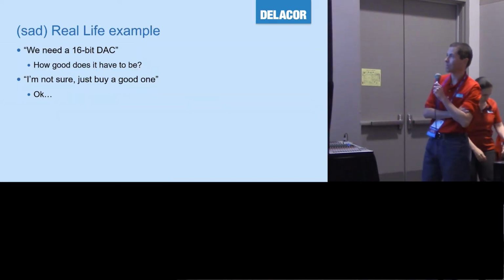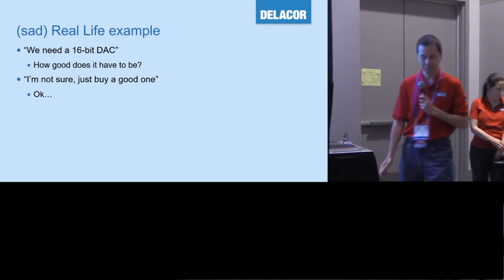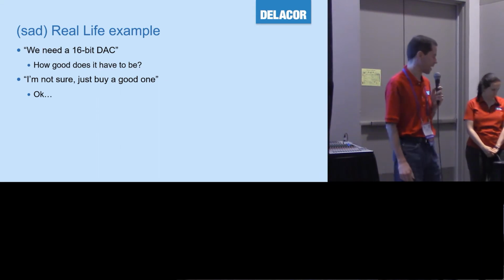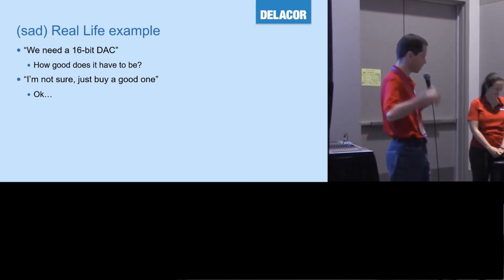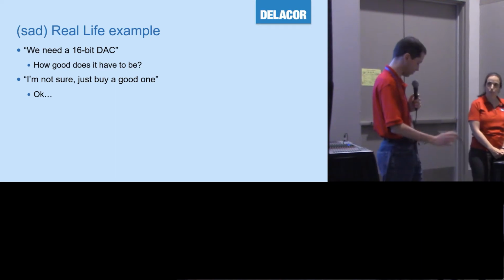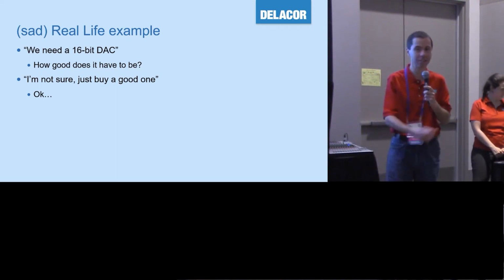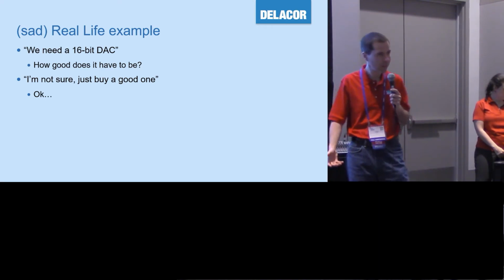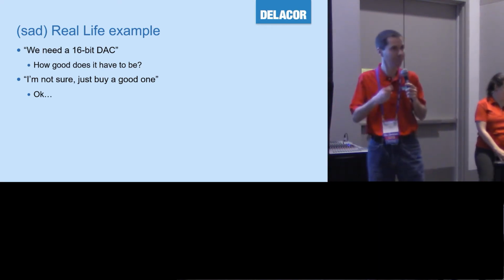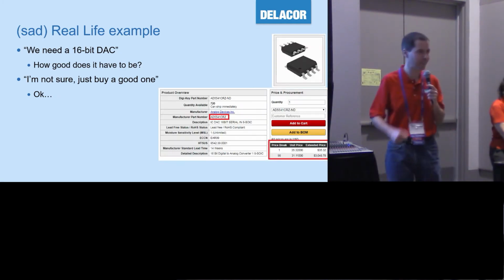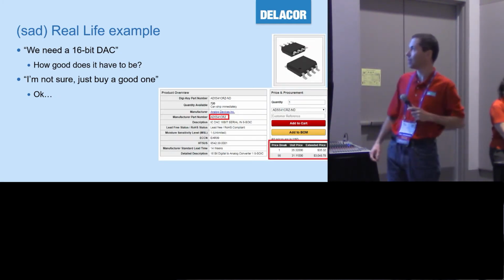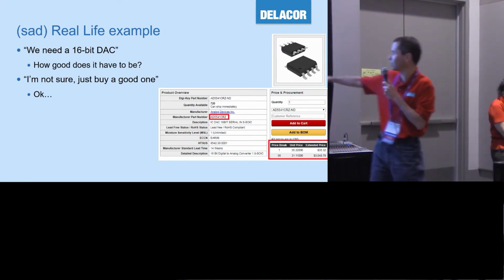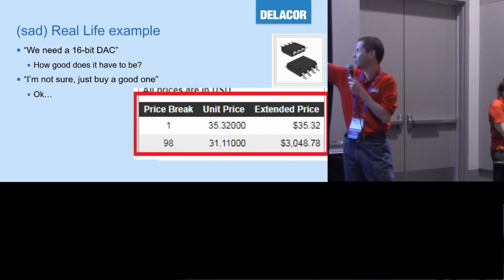Okay, so this is something that happened to us in a project we did a few years ago, where we didn't go through this exercise, or actually the customer hadn't gone through this exercise, and we got hired on to help them do design reviews and sort of improve their non-working device, right? And so they said, we need a 16-bit DAC. And I said, well, okay, how good does it have to be? They said, well, I don't know, just go get a good one. We need a 16-bit DAC, because 16 bits is a lot of bits, and it ought to be good enough. I'm like, okay, fine. So we found, well, actually, they had found a really good 16-bit DAC, right? You can't see this in the back, this is $31.